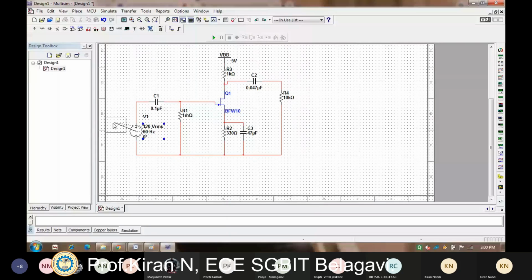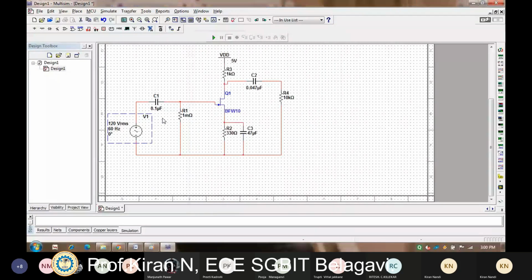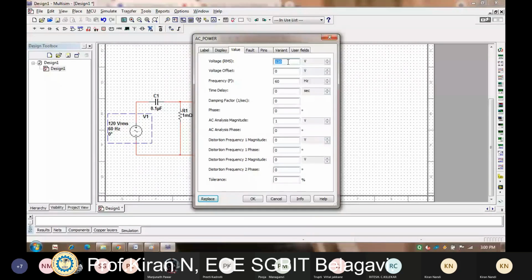Now I want to change this value here. Double click on this written item if you want to change the value. I want to change this value to 20 volt peak to peak. So I'll write 20 volt here.